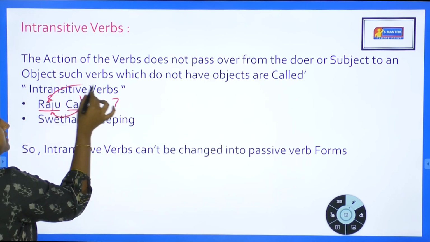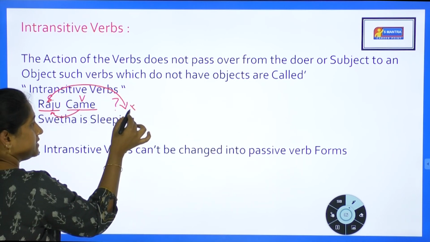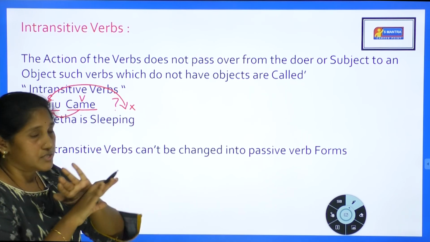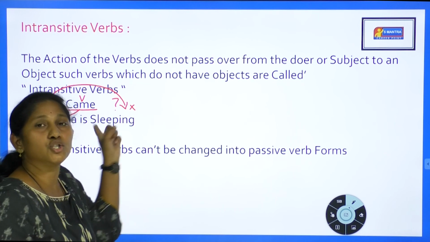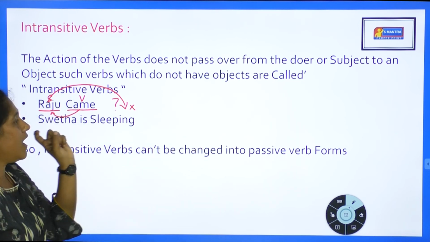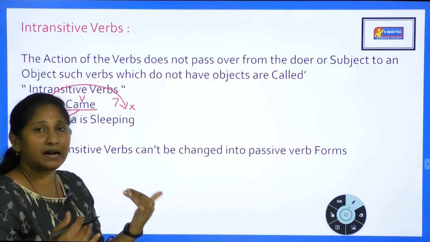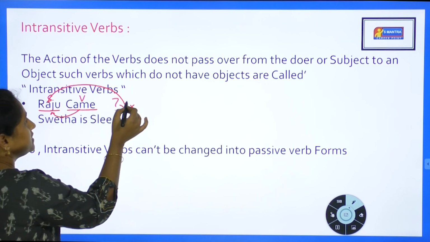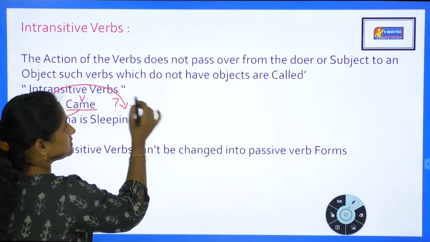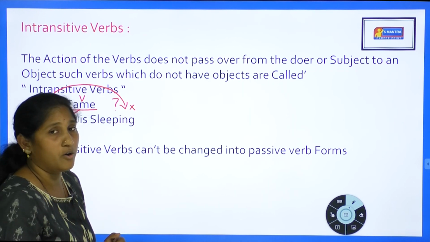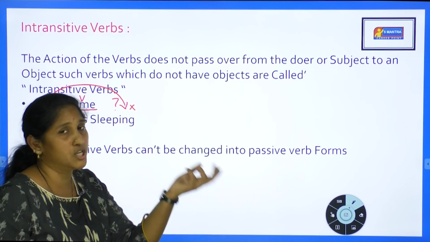Here it does not pass, because there is no object. So the action does not pass from the subject to the object, because the action is not completed. The action does not pass over from the subject to the object because there is no information about the